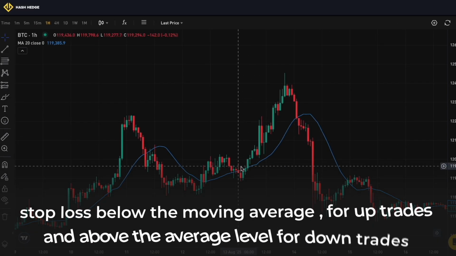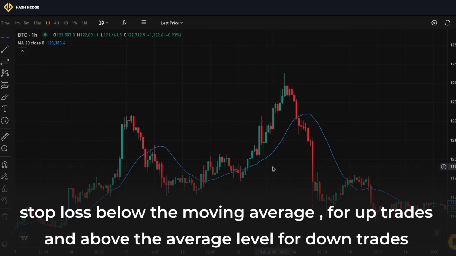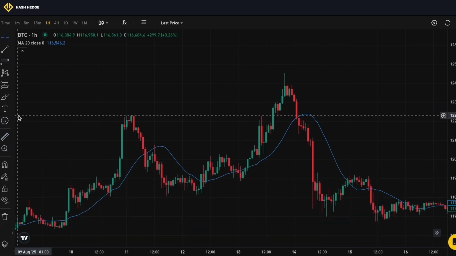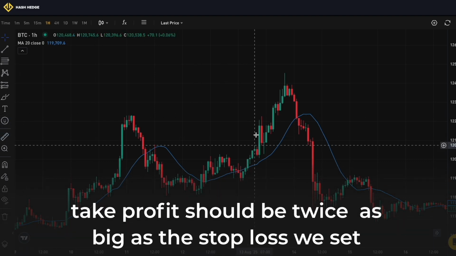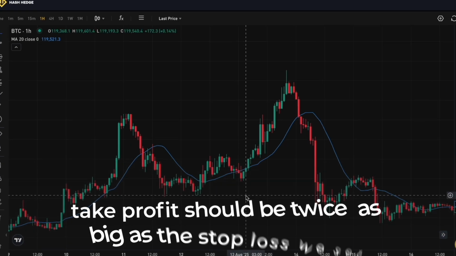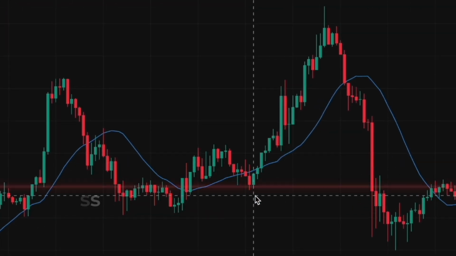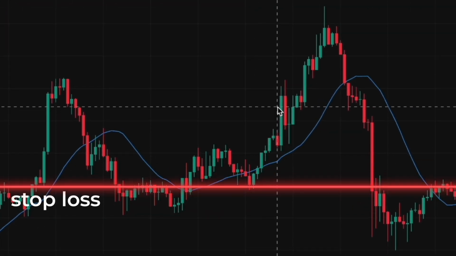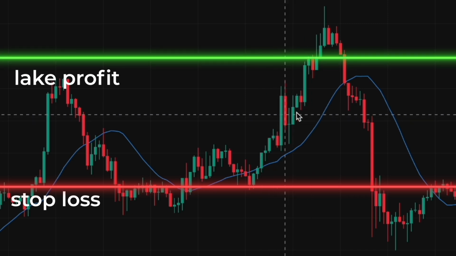We set the stop loss on trades below the moving average, below the blue line, for up trades, and above the average line for down trades. In this case, the take profit should be twice as big as the stop loss we set. For example, if we set the stop loss here at 100 pips, we set the take profit at 200 pips